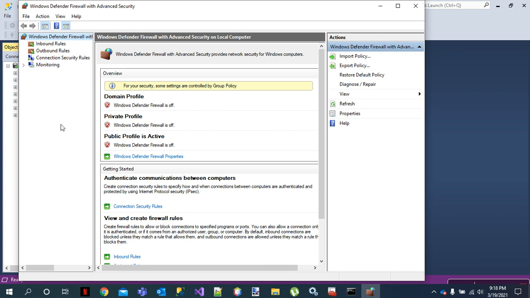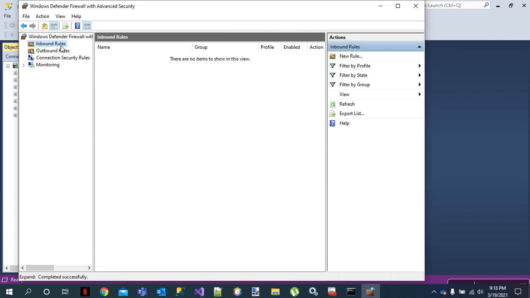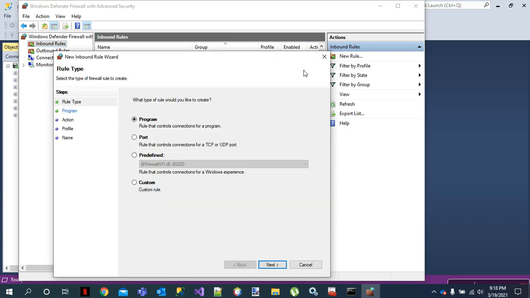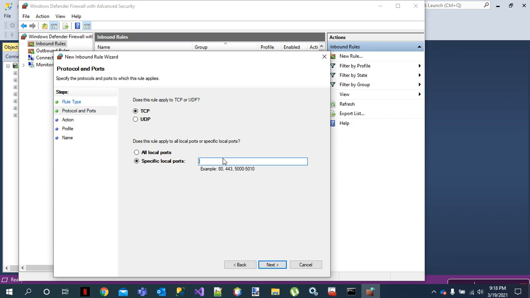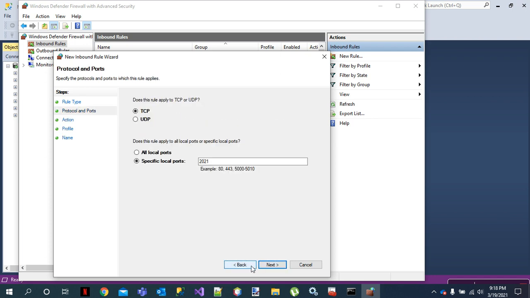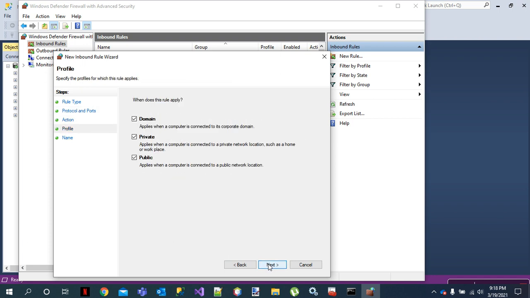Once it opens, like this, this is on Windows 10, by the way. So once it's here, I'm going to go to inbound rules, because I want to be receiving users to this server. So on all inbound rules, I'm going to create a new rule, right? And this new rule will be based on, you can also select SQL from here, but I will just want to select a port, using a port so that it does not change all the time. So the specific port I will want to use maybe is 2021 as my port here, and I will press next, right? Yeah, 2021 is fine. Press next, and then the rest of the steps are just next.